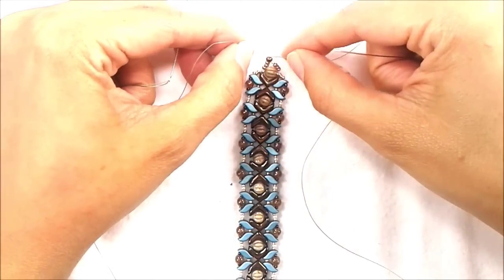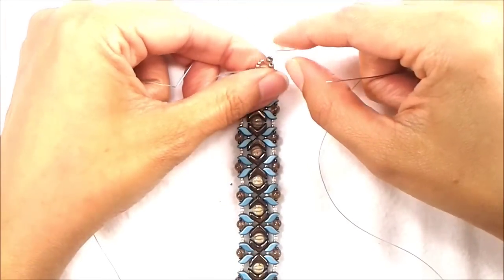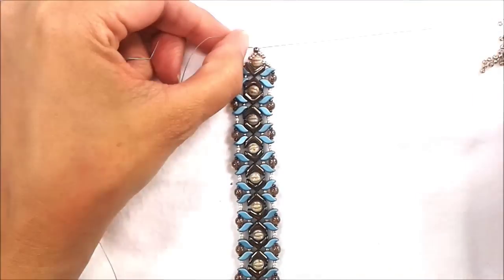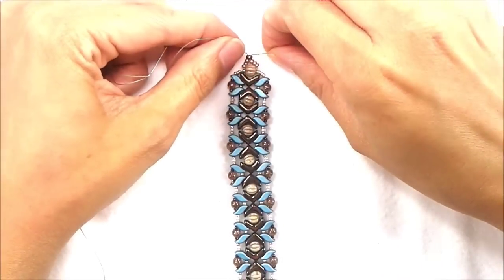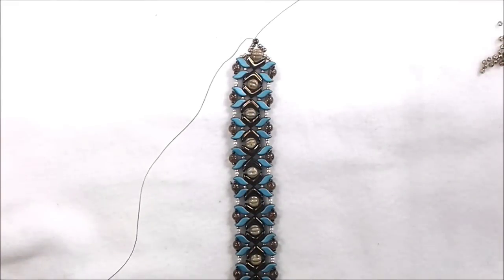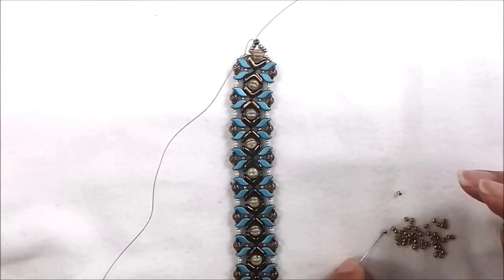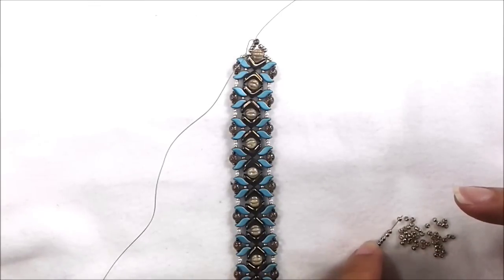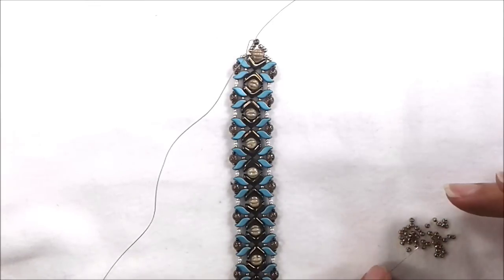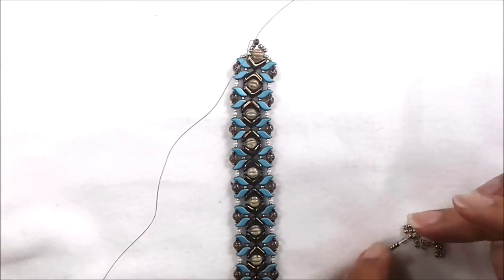You're going to be tempted to pull super tight on this bracelet. Just pull tight enough to where everything is sitting right. And if this starts to look weird, just flatten it out again. Okay? Now, I'm going to pick up a bunch of beads to make my loop. And I'm going to make my loop with 11/0s. Simply because it does look really pretty when you do this with 15/0s. But since I like to use size 10 beading needles,